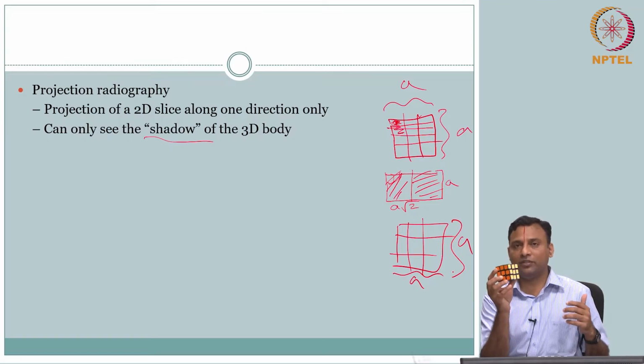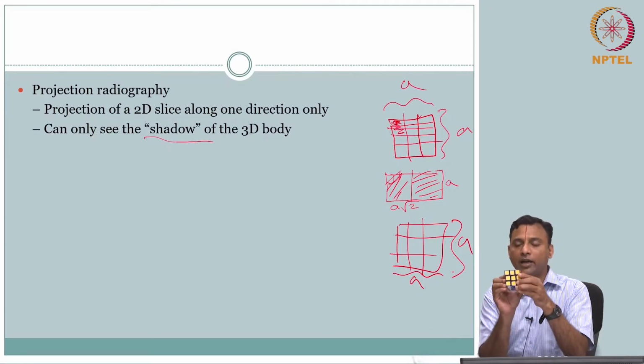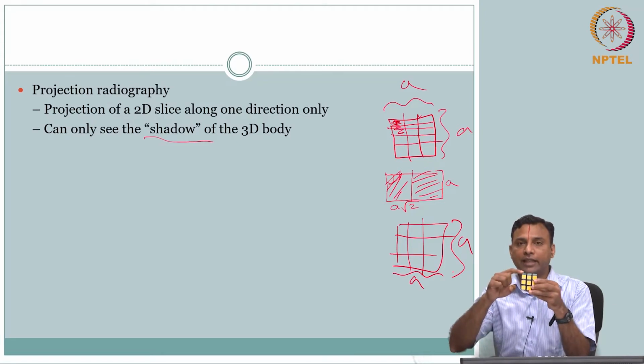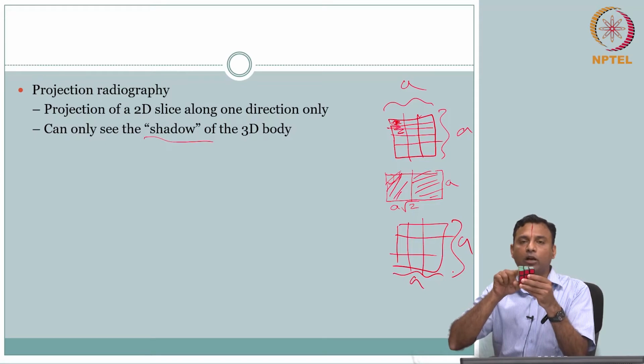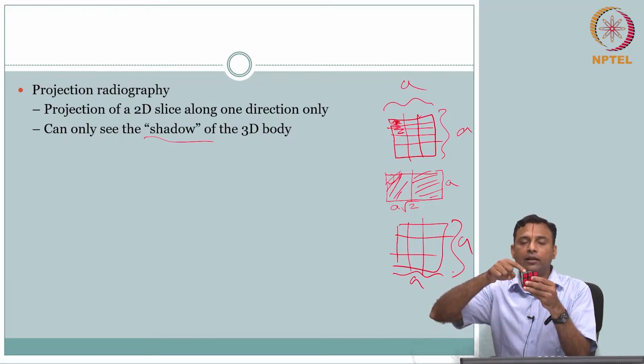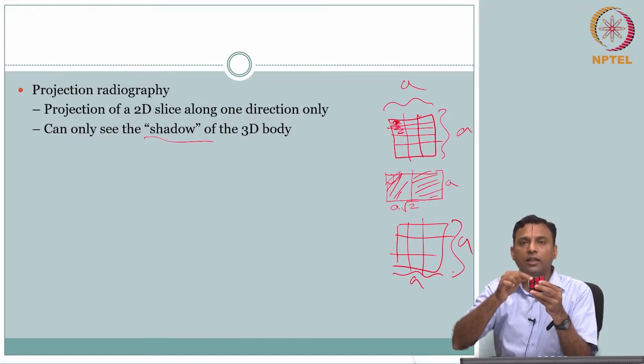So the same process we can do, even though projection radiography had a problem with the depth. Now what I have done is look at it from different views. It's still the same thing. We started out: if I send orange on one side, it goes through the green and comes to the other side as red. If you take one of these pixels, one of these elements, it is along the path, so it is still attenuating.